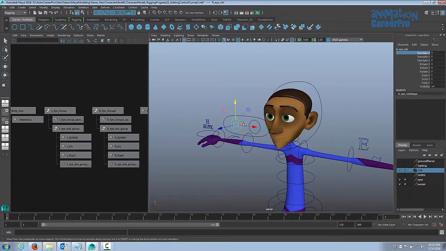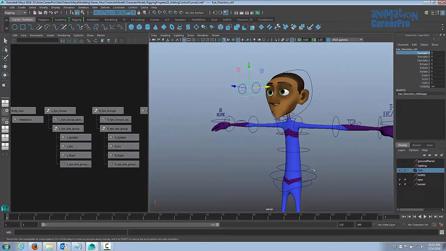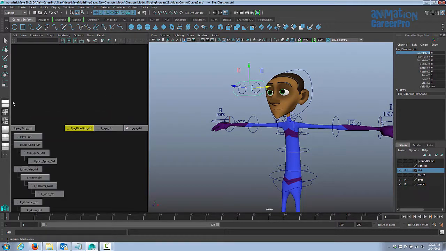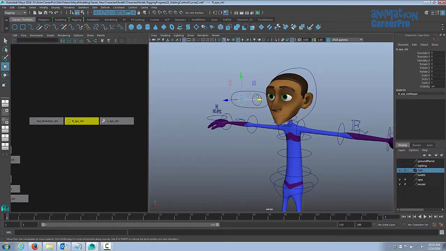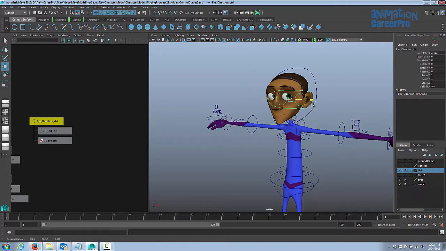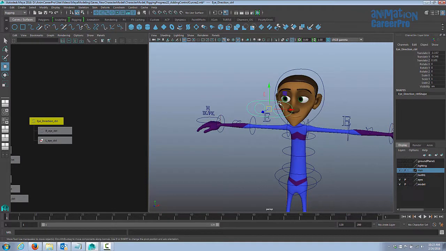Now we need these individual eye controls to move with the master eye control. So we're going to do the same thing we did with the other body controls. We're just going to parent them together. So with that selected, let's just hit F on our keyboard to find it here in the graph editor. So we can select both the individual eye controls first, so that they're going to be the child, and we'll select the eye direction control last, so that'll be the parent. We'll hit P on our keyboard. So now if we select the master eye control, the eye direction control, the individual eye controls go with it. And you can move the eyes individually as well. Alright, so let's just select all those and set them back to 0.